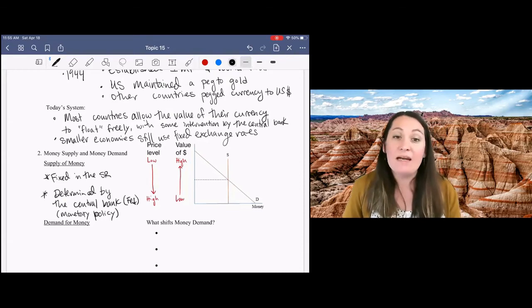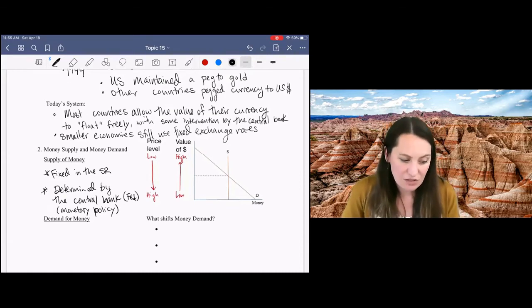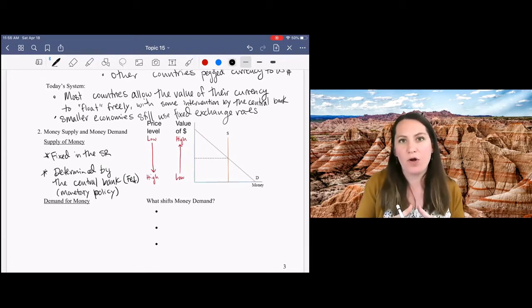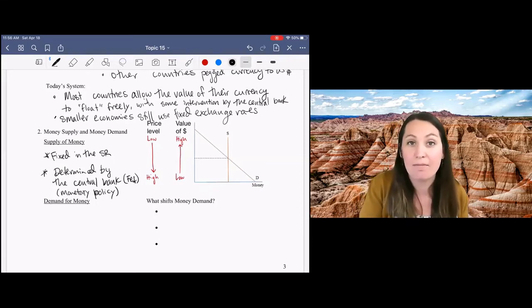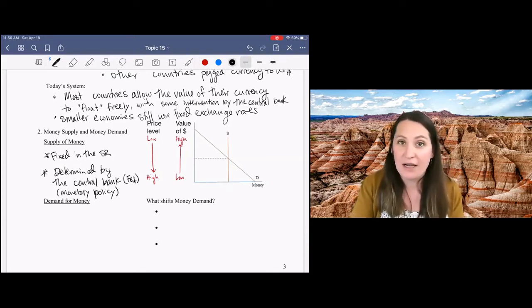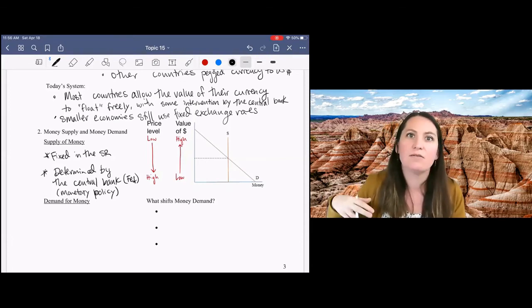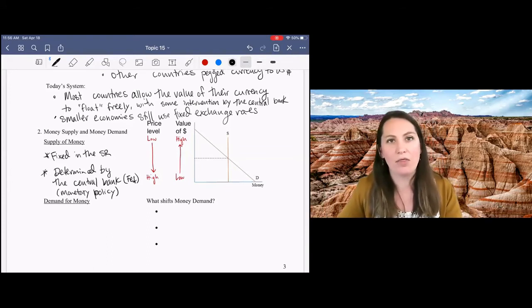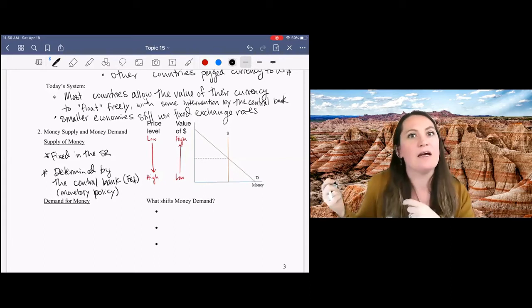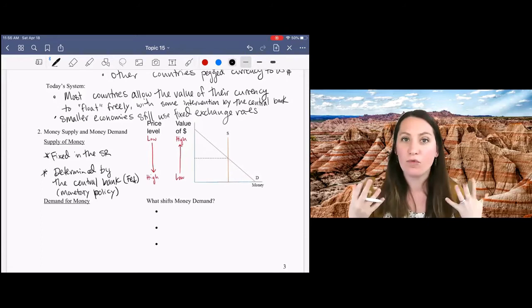All right, money demand. Money demand is downward sloping. What is money demand? It's the amount of your assets that you would wish to hold in liquid form, right? Remember, what is money? Money is anything that we use to trade with each other, right? Currency, hard cash, checking account, savings account. What's not money? Your house, stocks, bonds, right? So how much of your wealth are you going to hold in your checking account, in your savings account, versus putting them in other types of investment accounts? That's sort of the best way, I think, to think about money demand.